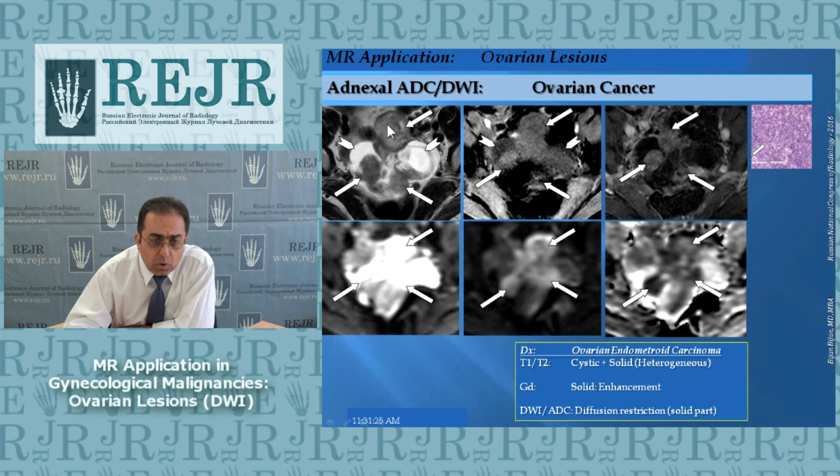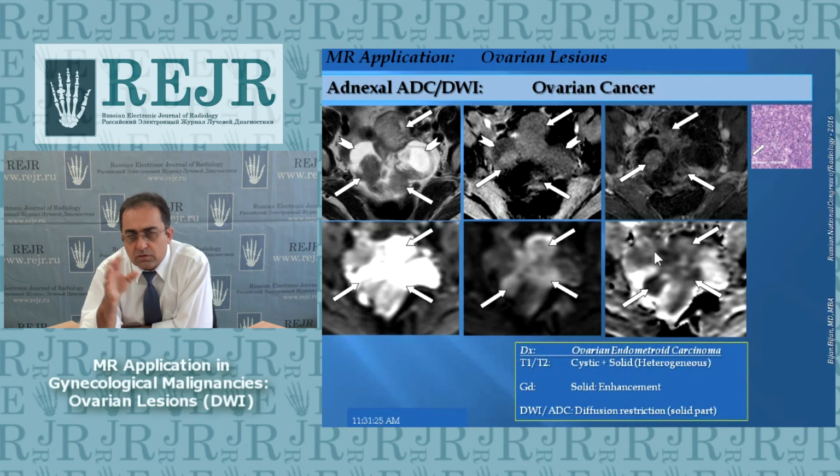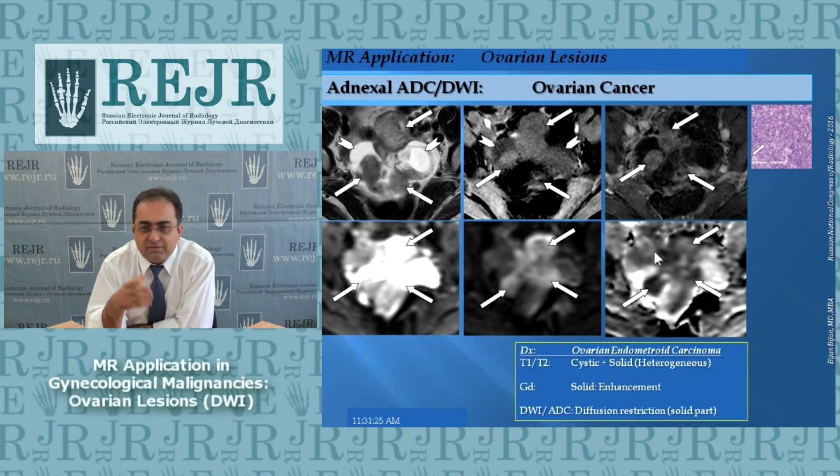And the central part of that is necrosed, this black area, which you can match between these different series, and you see here it is white. So that actually tells you that there's a central necrosis associated with that. Tumor can have different parts. Not all tumors are homogeneous, for many different reasons. For example, a tumor can have necrosis, can have many different things, including that a tumor can be polyclonal, meaning that there